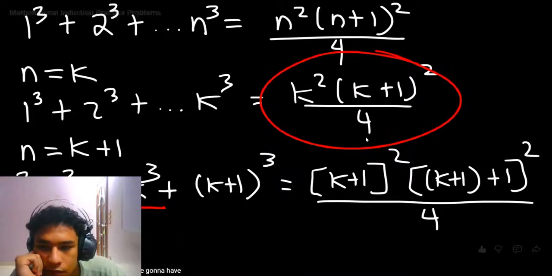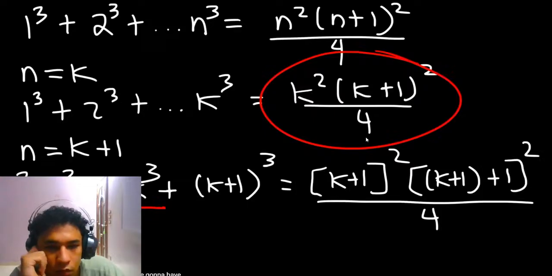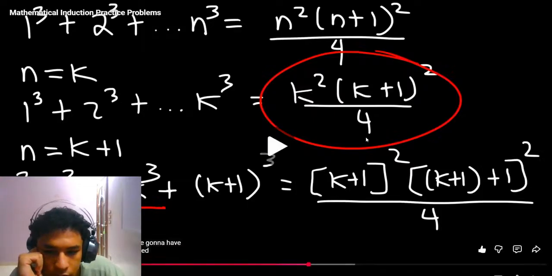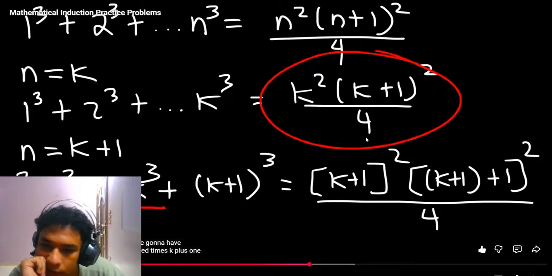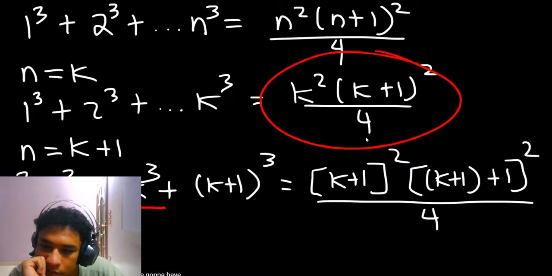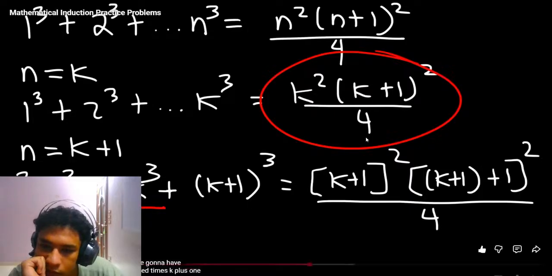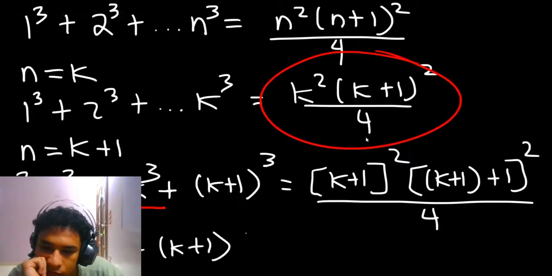So n equals k: 1 over 3 plus 2 over 3 plus k over 3, k squared plus k plus 1. So basically I replace it with k. So n equals k. Yeah, so now just basically replaced it. So I have this, and then I'm gonna say n equals k plus 1, and I'm gonna replace the k by k plus 1, and here too I'm gonna do the same thing. Then I'm gonna simplify it basically, but I can't replace this because basically I can replace it by the k squared equals k plus 1 over 4. Yep, plus the k plus 1 over 3 equals 2.